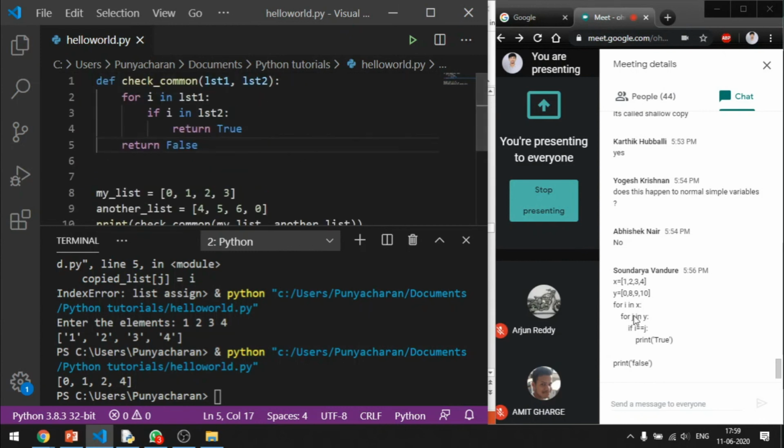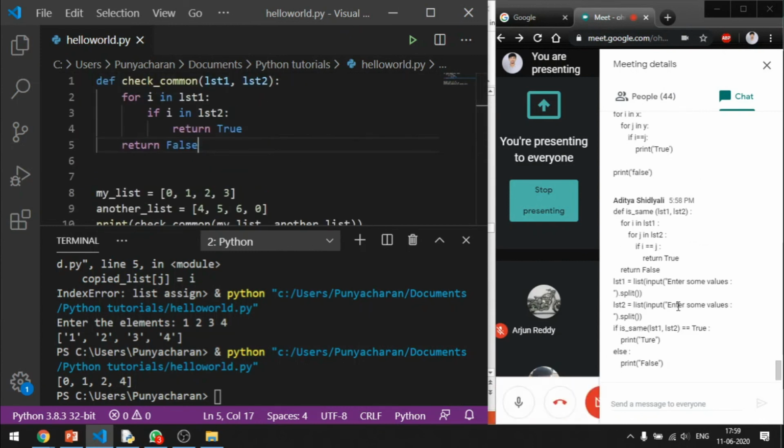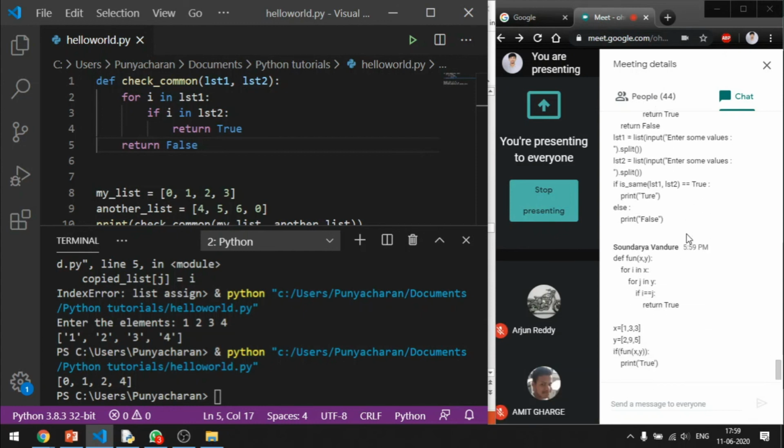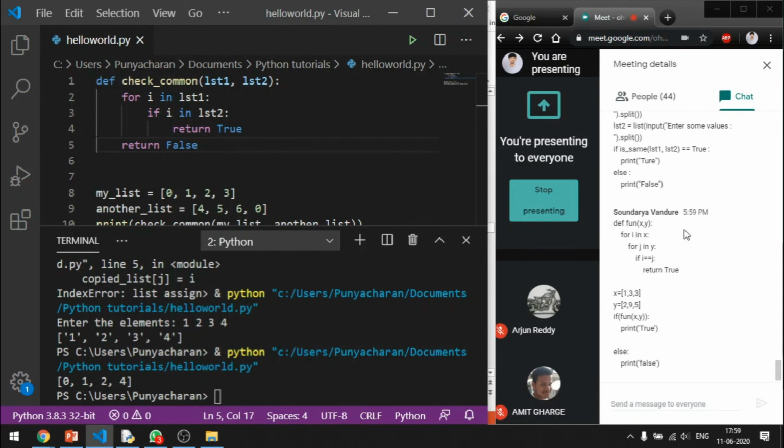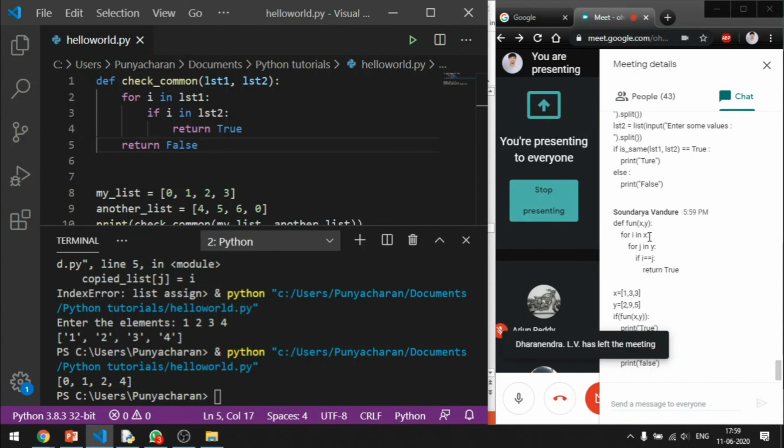Anybody with the solution? Oh my God, what has he done? Okay. Aditya, your solution is totally not efficient. Let's see Soundarya's solution. Soundarya, again, why are you using that FUN? You define your function properly. Again, not efficient.